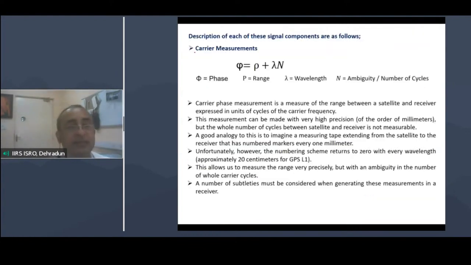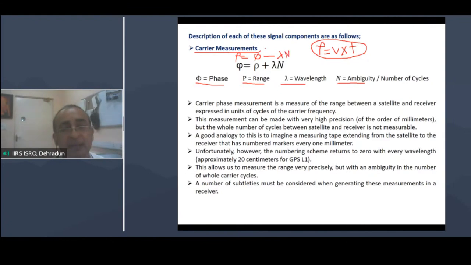Now the second method, as I mentioned, is carrier measurement or phase measurement. So here the range is not calculated directly. As I mentioned, range is equal to v multiplied by time. This is the code measurement technique, where we use the time of the signal to get our range. But here we calculate phase. Phi, the phase, is equal to range plus lambda, the wavelength of the signal, times n, the ambiguity. It is also called the number of cycles present in the signal. So from here we can find rho, the range of the signal,